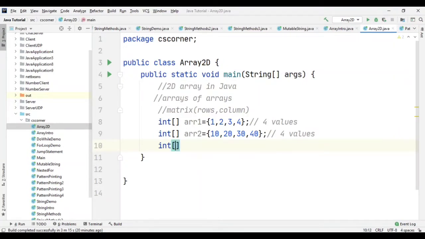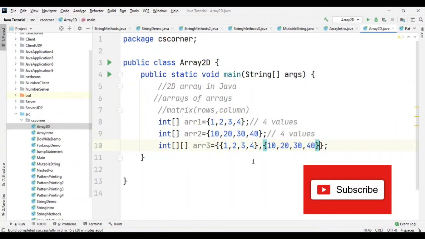And then instead of passing only one square bracket, I am going to pass two square brackets. The first one represents the row number and the second one represents the column number. And then after this, I need to pass my array variable name. And then I want to declare values here, so I need to write curly brackets. In these curly brackets, I'm going to pass the same values which I passed in ARR1 and ARR2. So here I have passed the first value. Now for the second value, I need to provide a comma and then here I can paste this value.